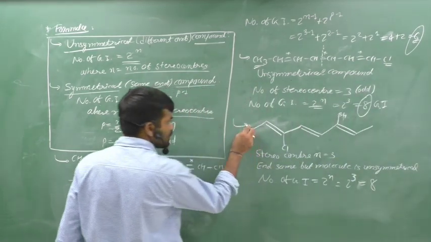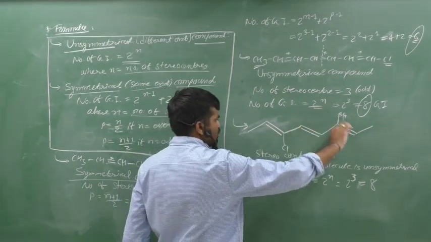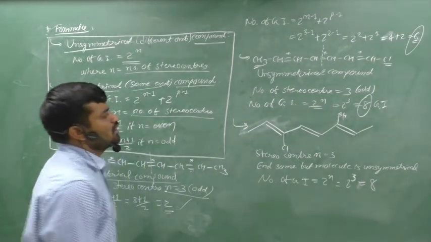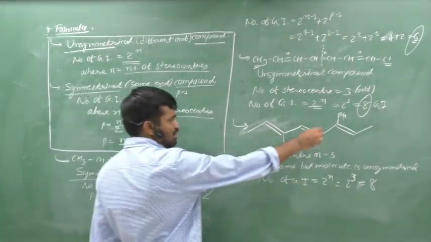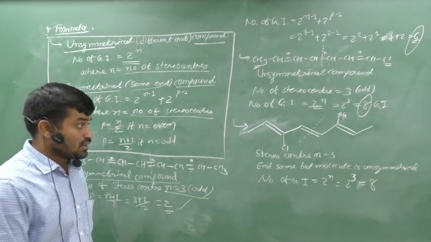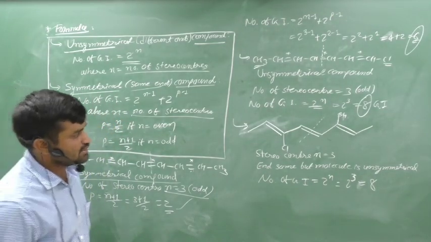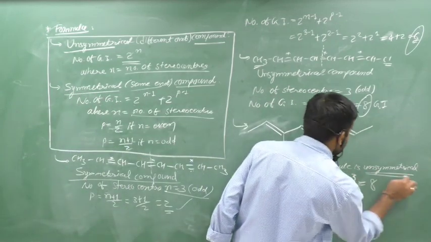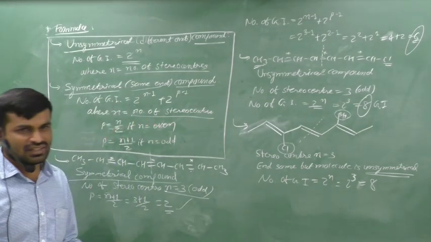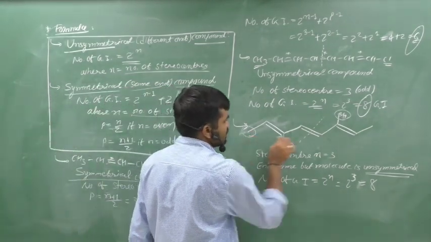Now if we have a compound like this: single bond, double bond, single bond, double bond, single bond, double bond, single bond, Cl and Br. If you cut the compound from the middle, we can say that it is unsymmetrical, because here we have a chlorine and here we have a bromine. If you think about the ends,